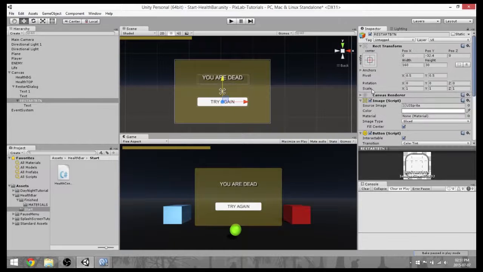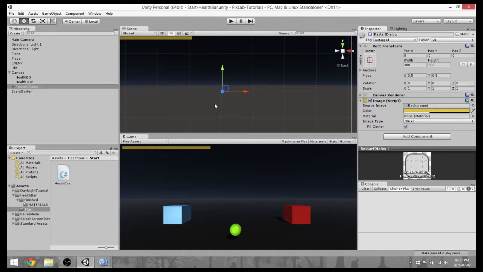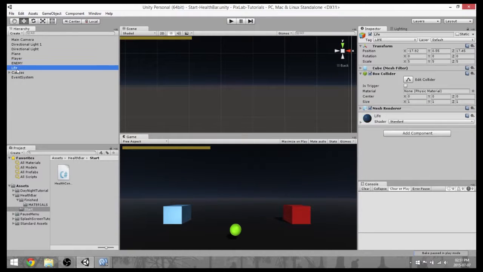So it's pretty simple stuff. Then go back to your restart dialog, just hide it again, save your scene, that's it. Make sure you save your scene, because I've lost myself quite a few times here. Okay, make sure your enemy has the enemy tag, make sure your life has the life tag, and other than